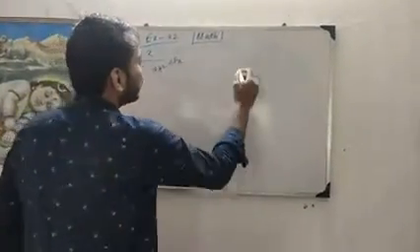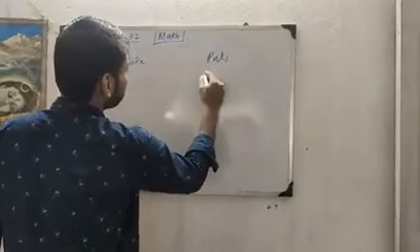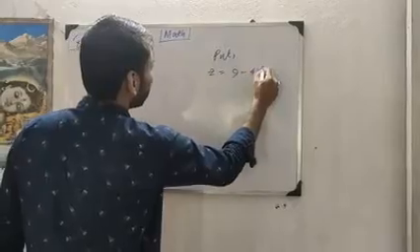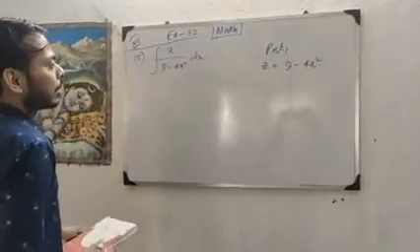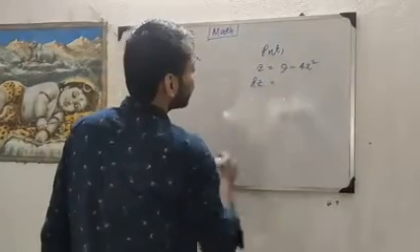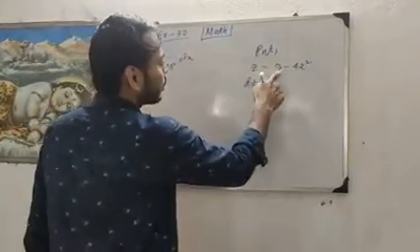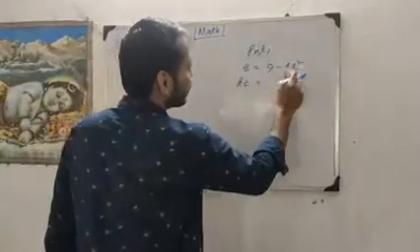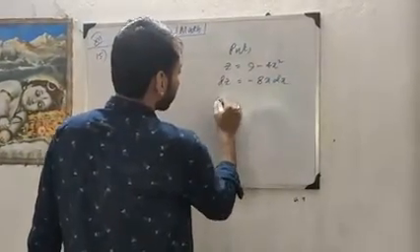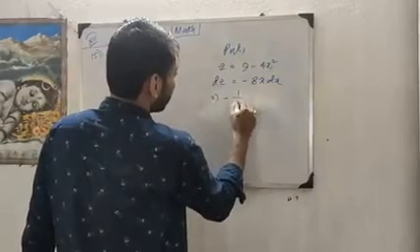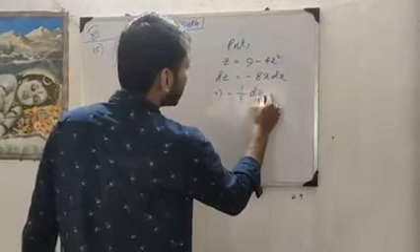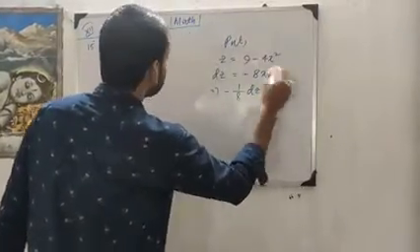Here we will put z equals to the denominator portion, that means 9 minus 4x square. Now after doing the differential, we get dz equals to, you know that difference of 9 is 0 and the difference of x square will be 2x, so it will be minus 8x dx. Which implies minus 1 by 8 dz equals to x dx.